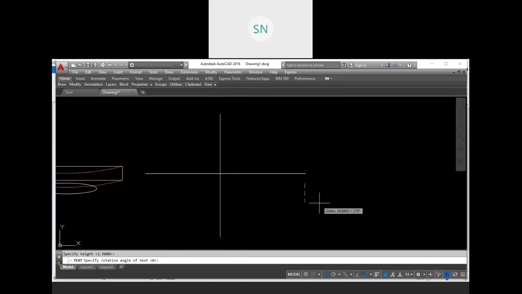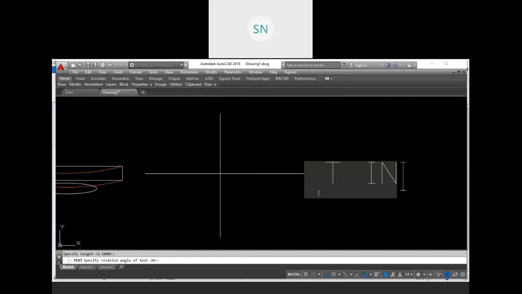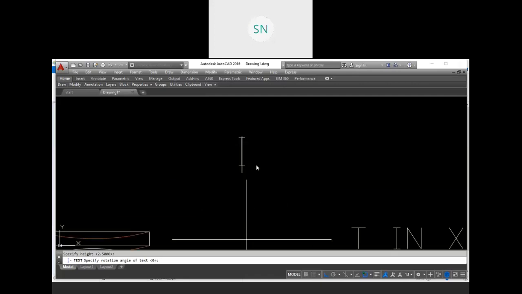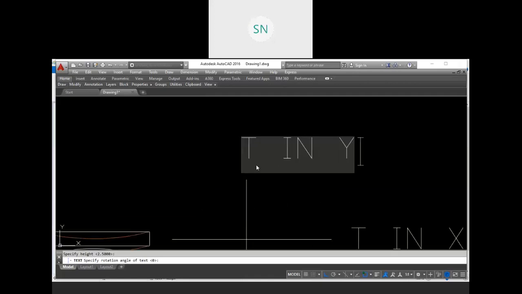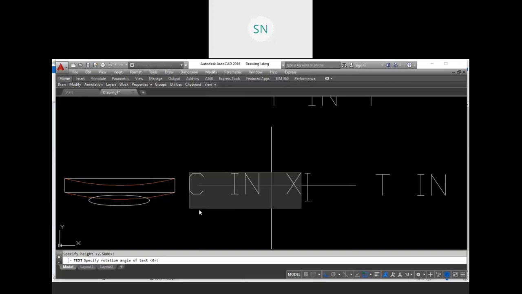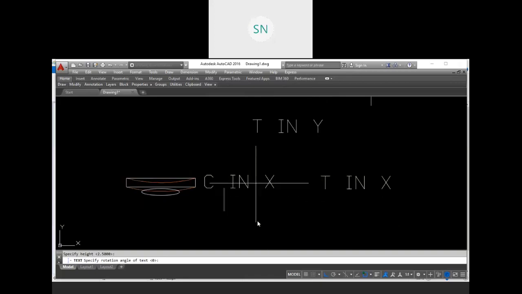This is tension in x, this is tension in y, this direction is compression in x, and this is compression in y.